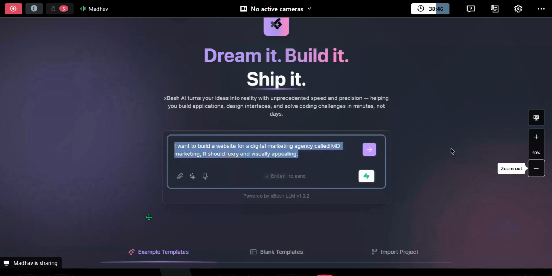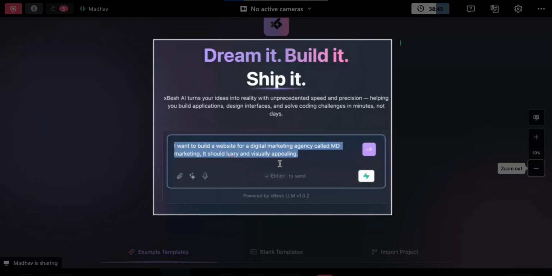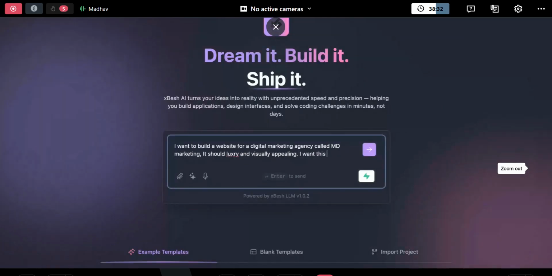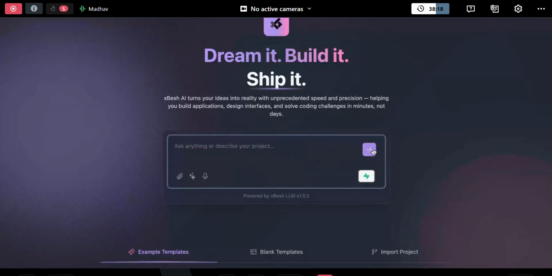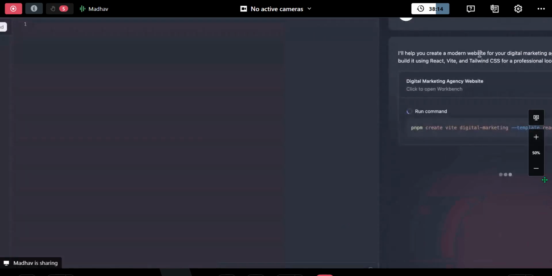Okay, so first of all, we have this option here to enhance the prompt. When you click on this, it will enhance the prompt. But if you want to go with this, you can just go through it. We can also mention that I want this technology stack. If you want to assign the technology stack, you don't have to bother about it, it will choose automatically. But let's say if you have something specific, like I want to have it in JS, React, or Tailwind or something like that, we can just say it. Once it is done, it will start generating the files for us. Let's see what it does.